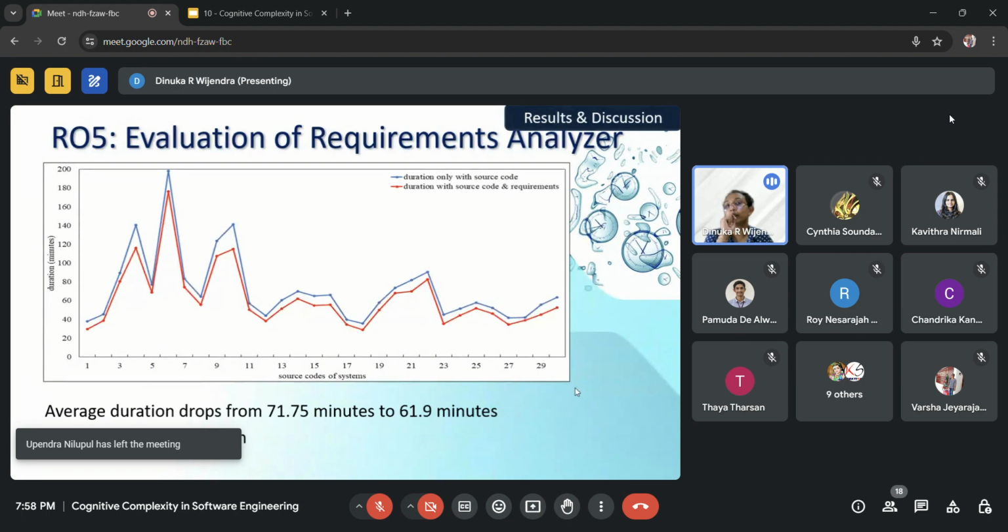You can see that if a user wants to do something only with the source code, that duration has been highlighted with a blue color. If the user has to do something with my model, with the requirement analysis, or the supporting techniques which my model is supporting, you can see the timing is a little bit lesser.